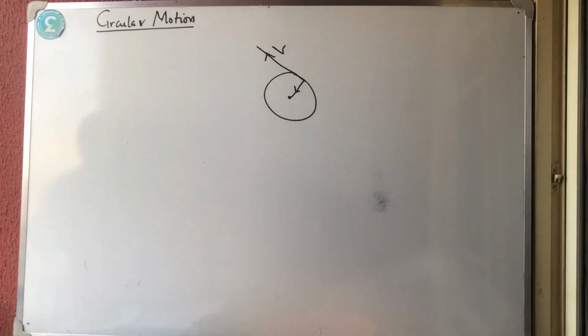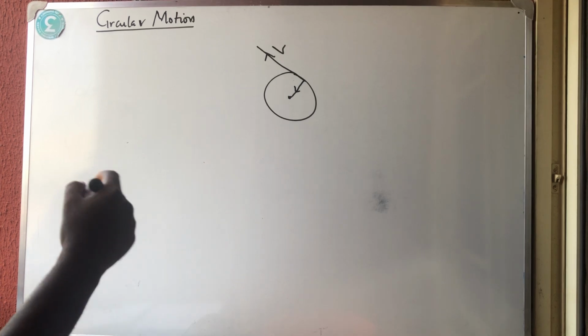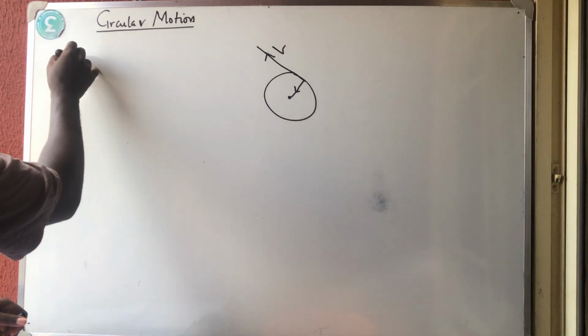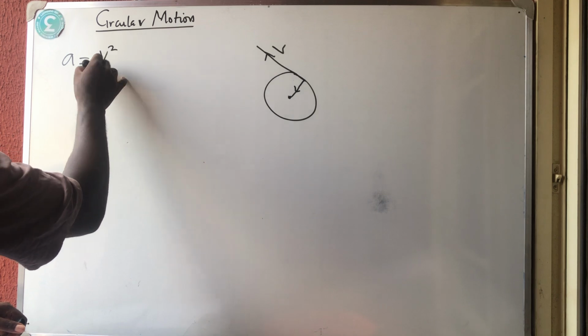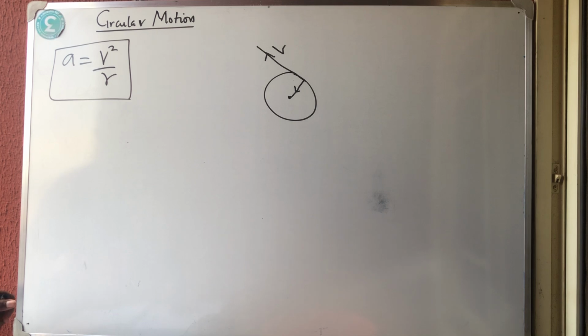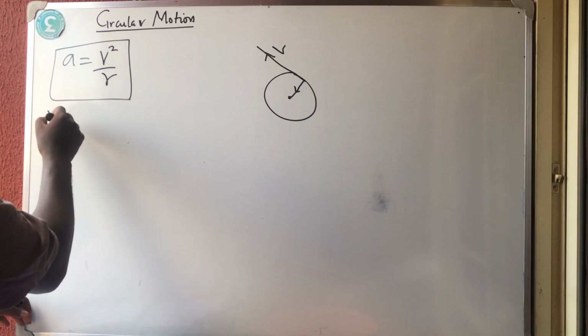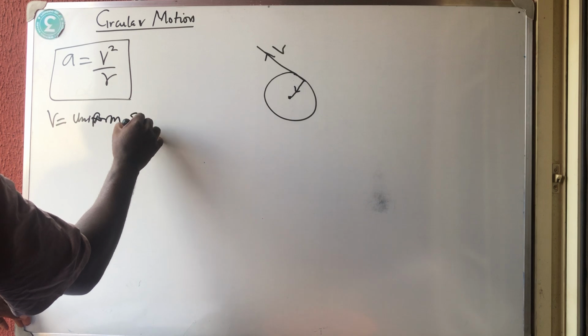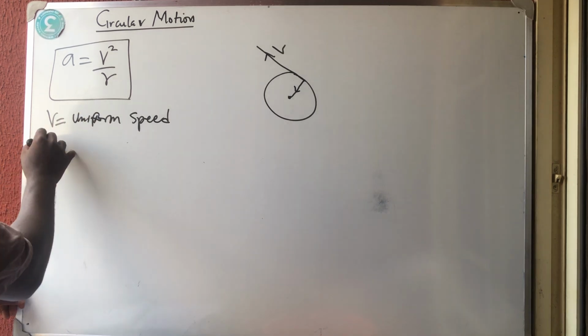They say that the acceleration is directed toward the center of the circular path, and it is called centripetal acceleration. From the word center, it is called centripetal acceleration. The magnitude of the centripetal acceleration is given by a equals v squared over r. Very important formula to note. That is the formula for centripetal acceleration, where v is the uniform speed, or uniform velocity,